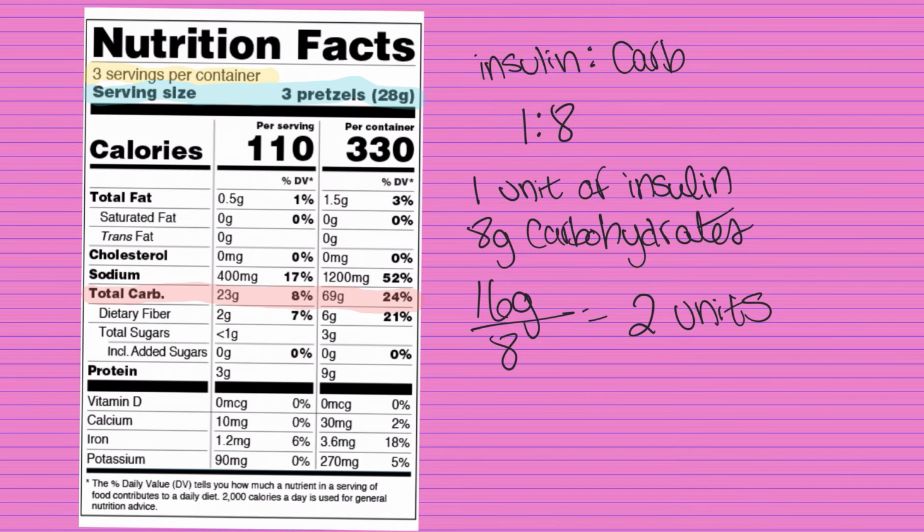So let's say I'm eating 1 serving of this meal, or these pretzels, these gigantic pretzels. I'm just weirded out that it's 3 pretzels or 23 grams of carbs. Maybe I just don't eat pretzels very often, but let's say we're eating 3 pretzels. That is 23 grams of carbs. So our total carb count is 23 grams, and we're going to take our magic insulin to carb ratio there and divide it by 8,